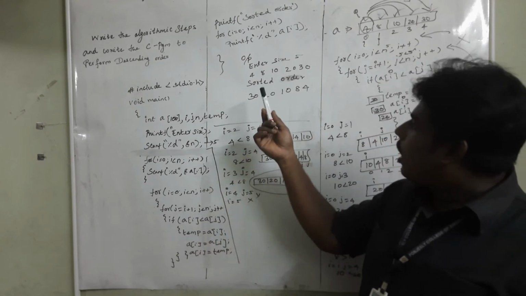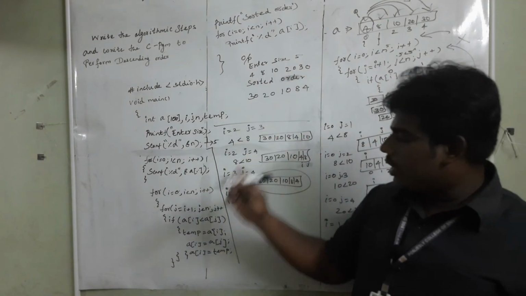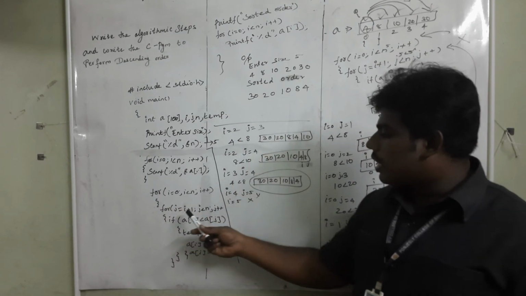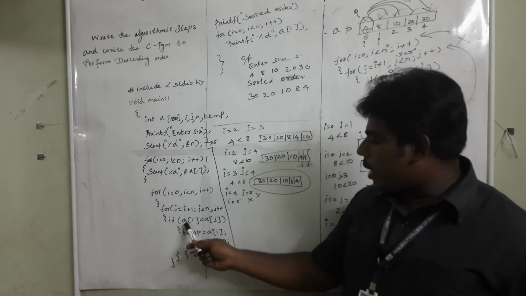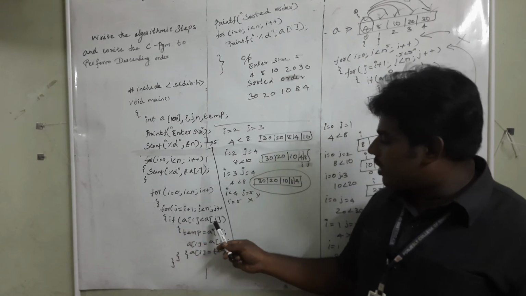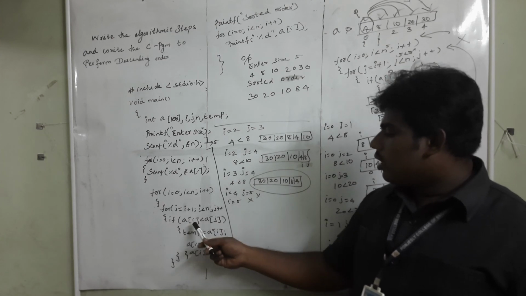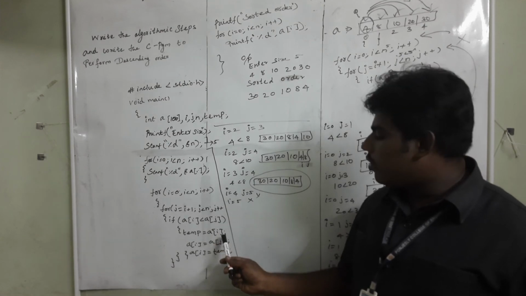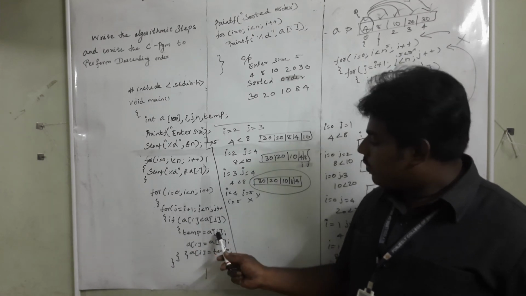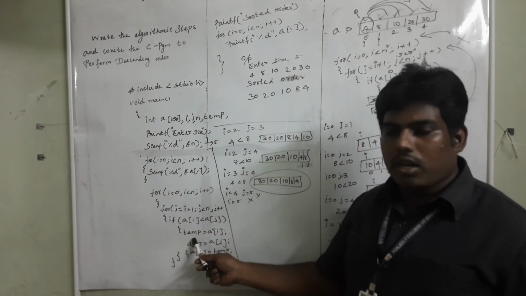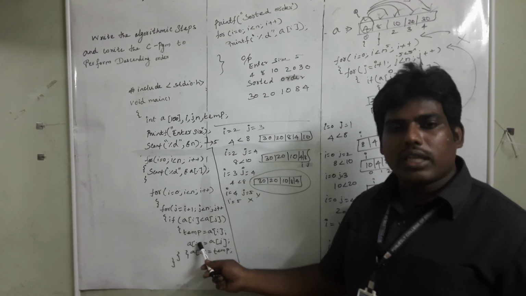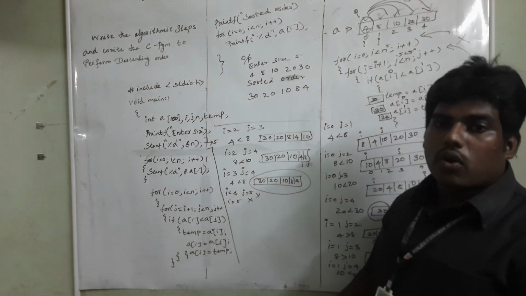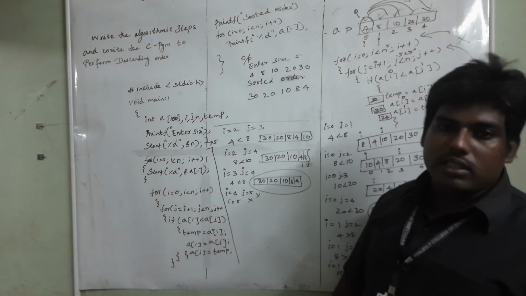Okay, after that I want to compare the first location with the second location. For that I am taking the i loop, and for the next location I am taking the j loop. Then I am comparing the 0th index with the first index. If the first index value is less than the second index value, then I want to swap it. First, the first index value is stored in the temporary location, then the j value is stored in the ith location, then temp is stored in the jth location. After that, once everything is sorted, I want to print the array.